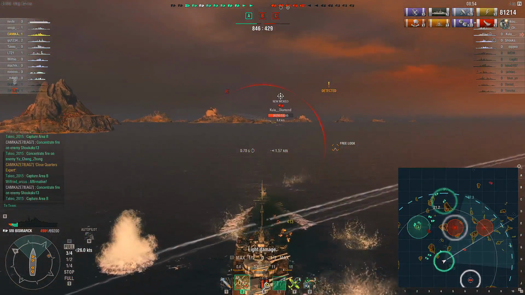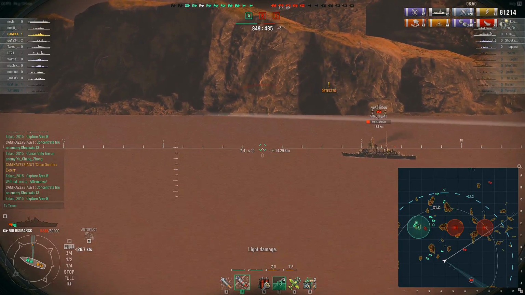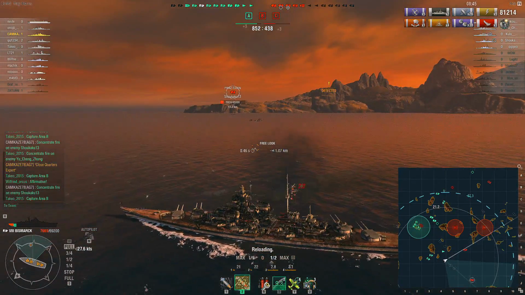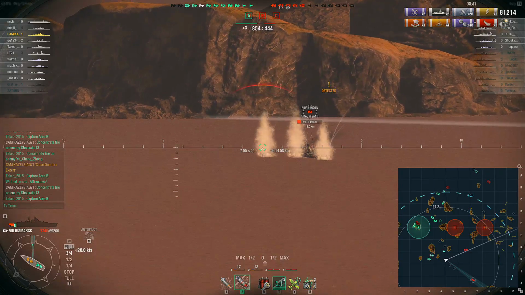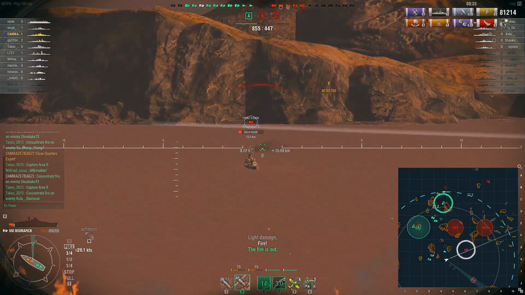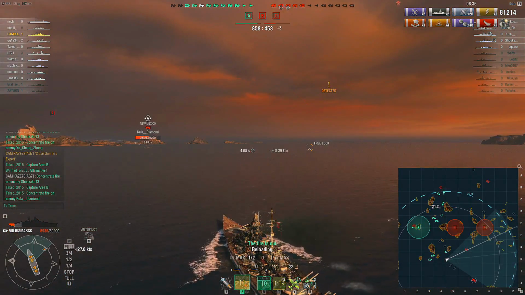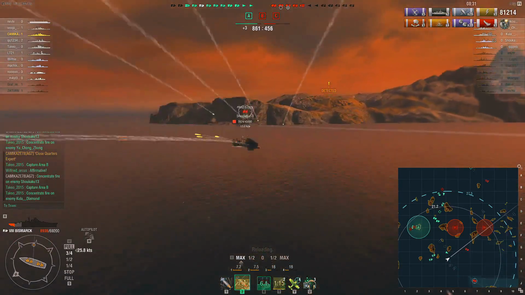Okay, we're gonna... Not cool, not cool. Rounds away. See, I really don't want to broadside this Prinz Eugen, but by the same token, I don't want to broadside the New Mex. Okay, we're going to try and pull a bit of an escape maneuver here. The New Mex is within 8k, so what I'm going to try and do here...